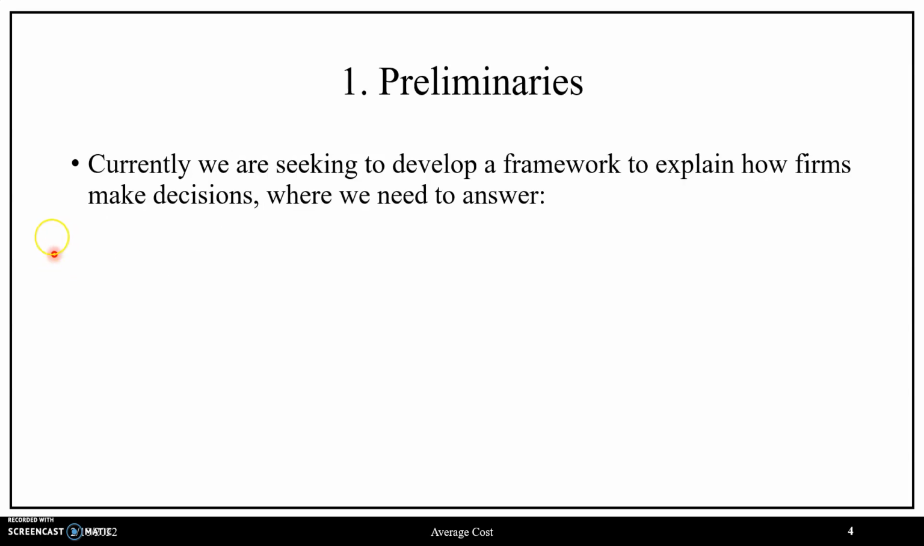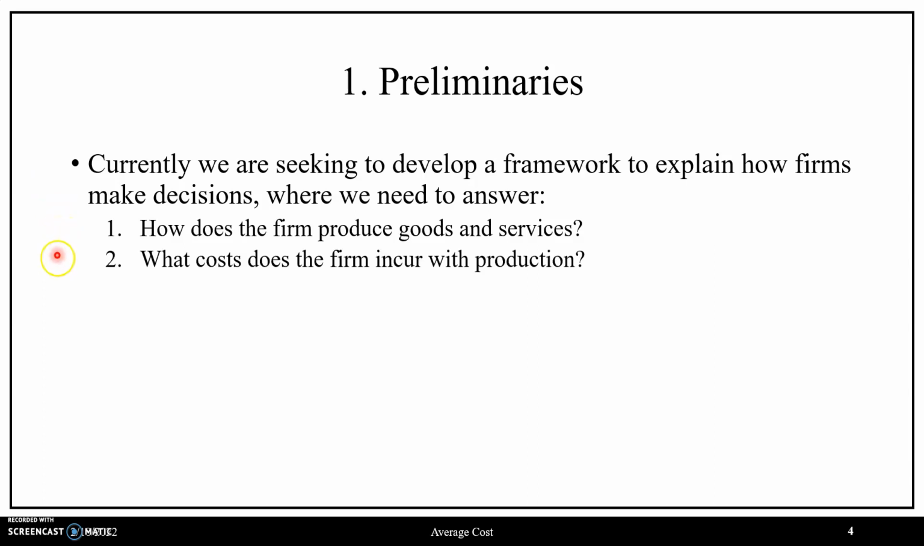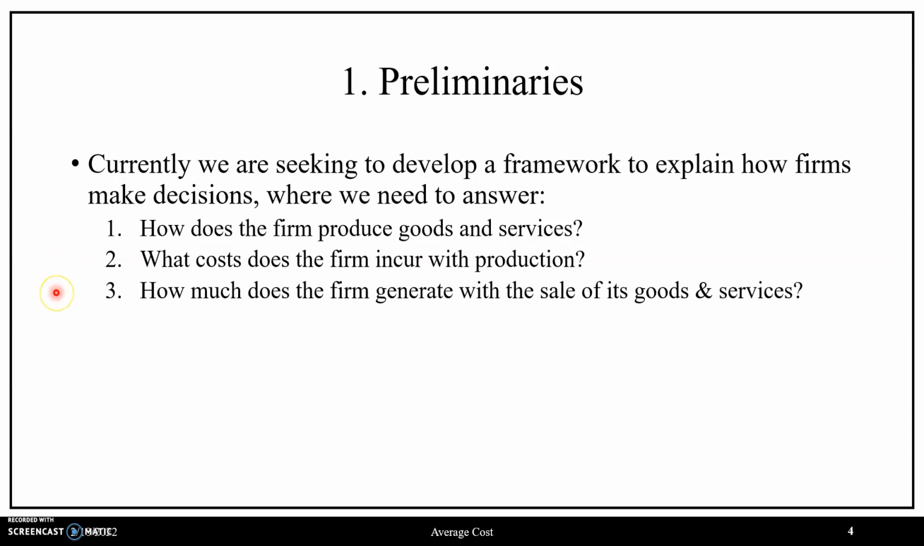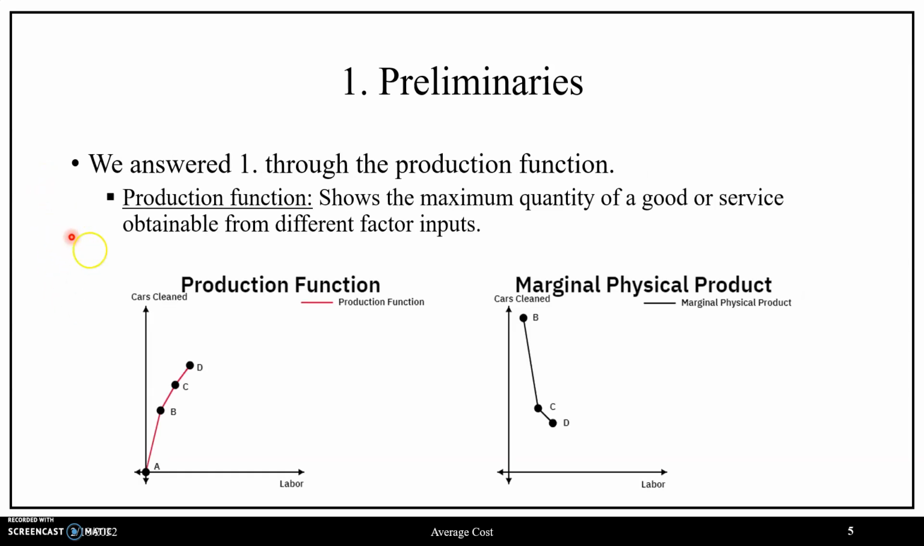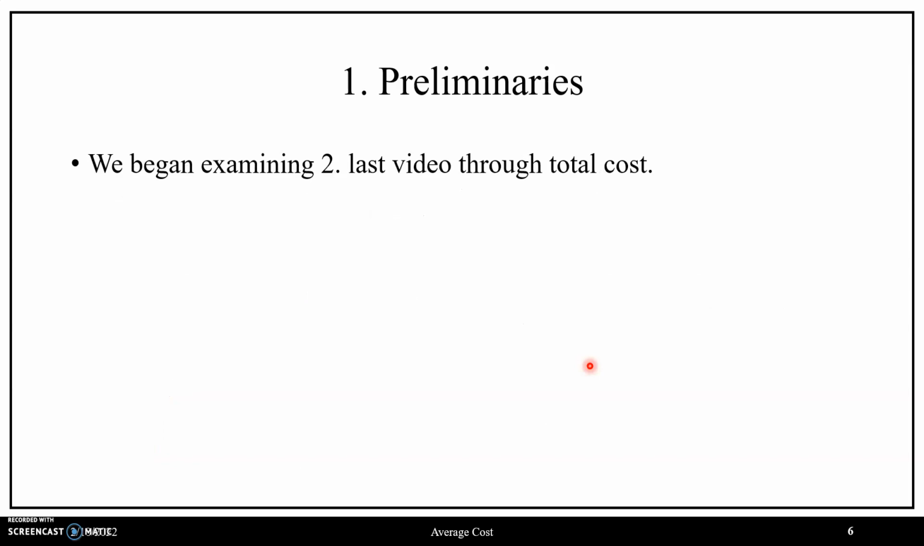Beginning with our preliminaries, currently we are seeking to develop a framework to explain how firms make decisions, where we need to answer how does the firm produce goods and services, what costs does the firm incur with production, as well as how much does the firm generate with the sale of its goods and services. Thus far we have answered question 1 through the production function, where we saw the properties of the production function as well as its rate of change through the marginal physical product, and we have begun discussing question 2 in